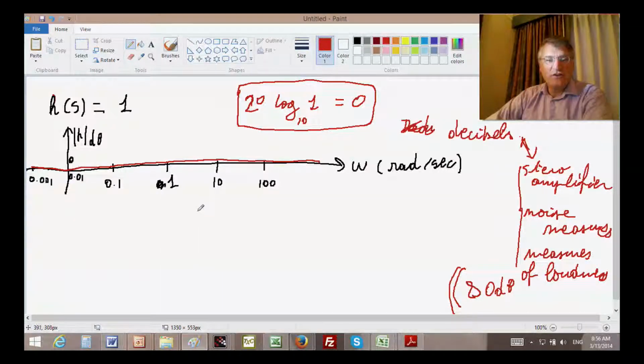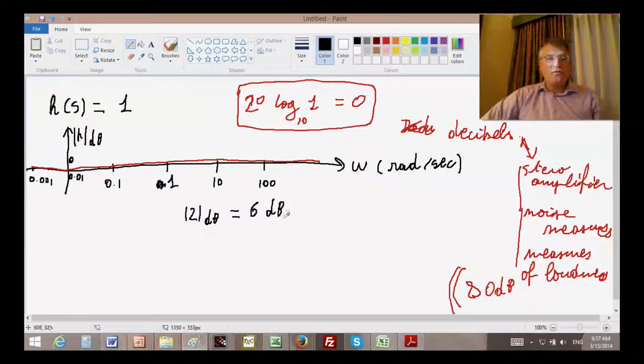Before that, I want to mention the value of 2 in decibels. 2 is equal to 6 dB. For those of you who are used to hearing about audio engineering, the 6 dB line is probably well known to you. It corresponds to when a particular response is either multiplied or divided by 2. And the 6 dB is often considered to be the threshold beyond which